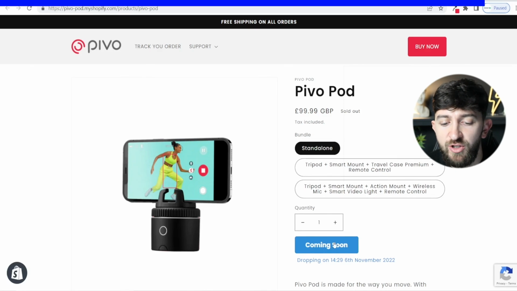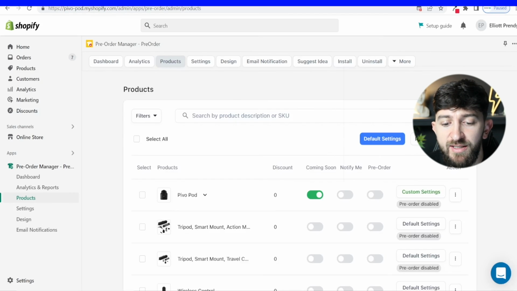Now I will show you how you can change the styling of your buttons in a moment so that they match the rest of your store. But the next thing I do want to show you is